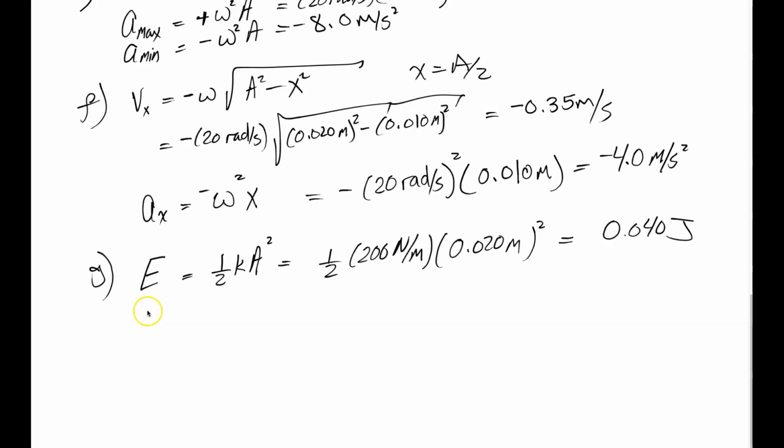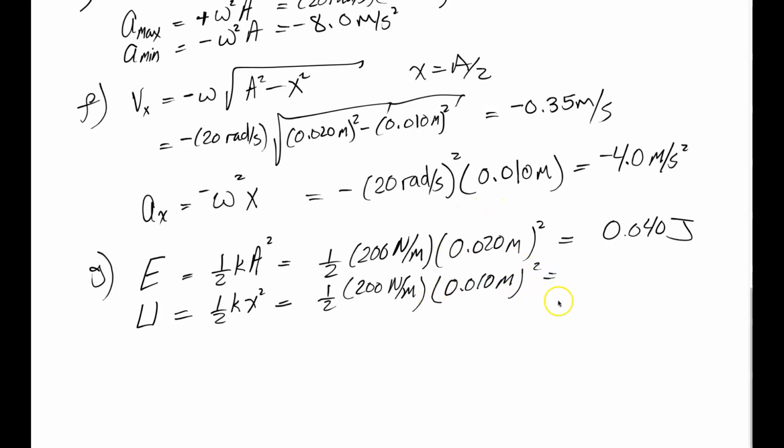The potential energy does depend on the position, and that's given by the value at that position squared, so it's 1/2 kx squared instead of a squared. The total energy is independent of position because it's the sum of potential and kinetic energy. So this is 1/2 times 200 newtons per meter times 0.01 meter squared,